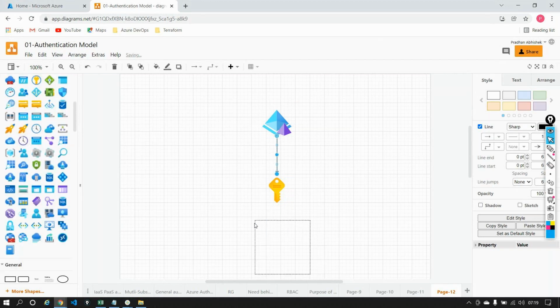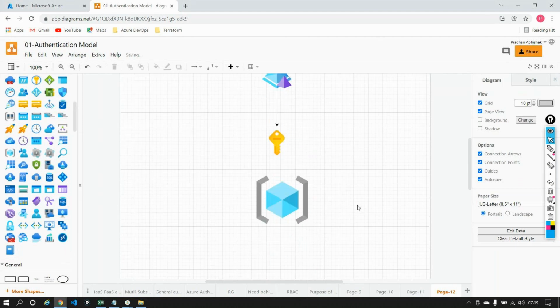This is the symbol for an Azure resource group. Okay. So a resource group is nothing but a logical namespace to hold your resources.